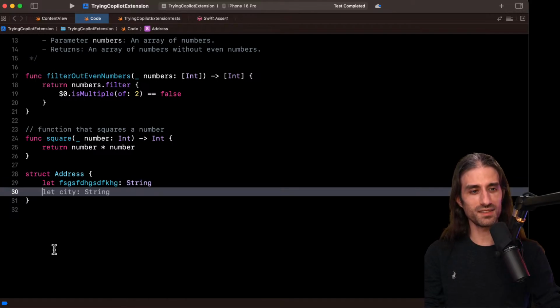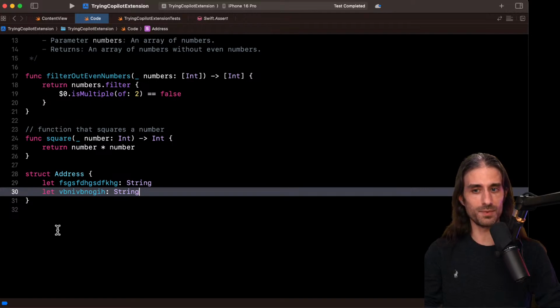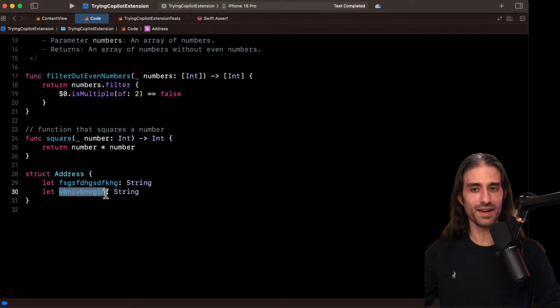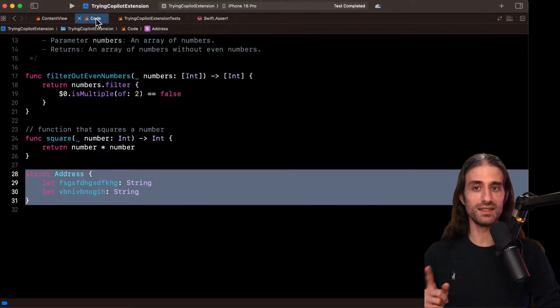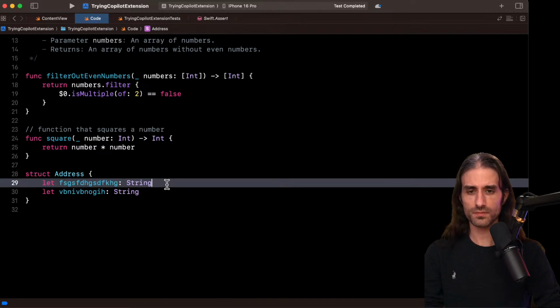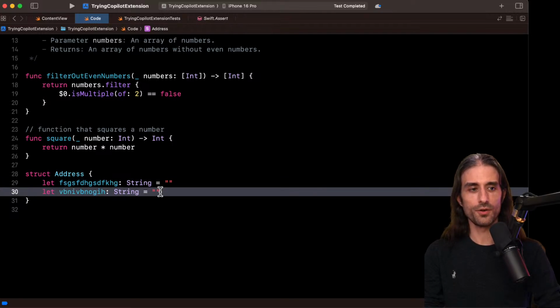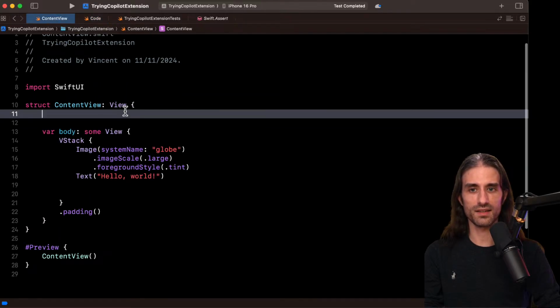What I want to see is if, when I try to use this in the other file, it's going to suggest using the same completely random names, because there is no way it could suggest that just by using statistics if it hasn't taken into account the code that is in this separate file, code.swift. Only thing is I will give it default values, because otherwise I will need to write this in the init in the other file and it will make less sense.